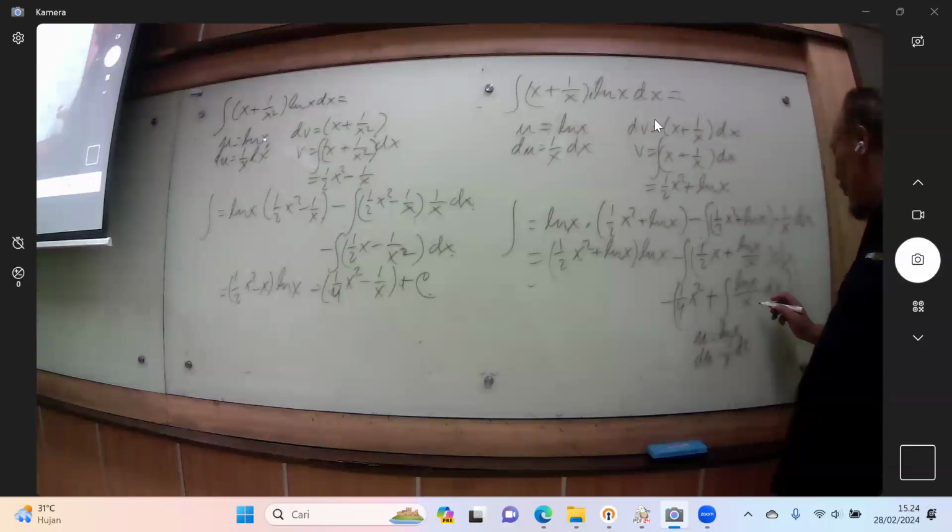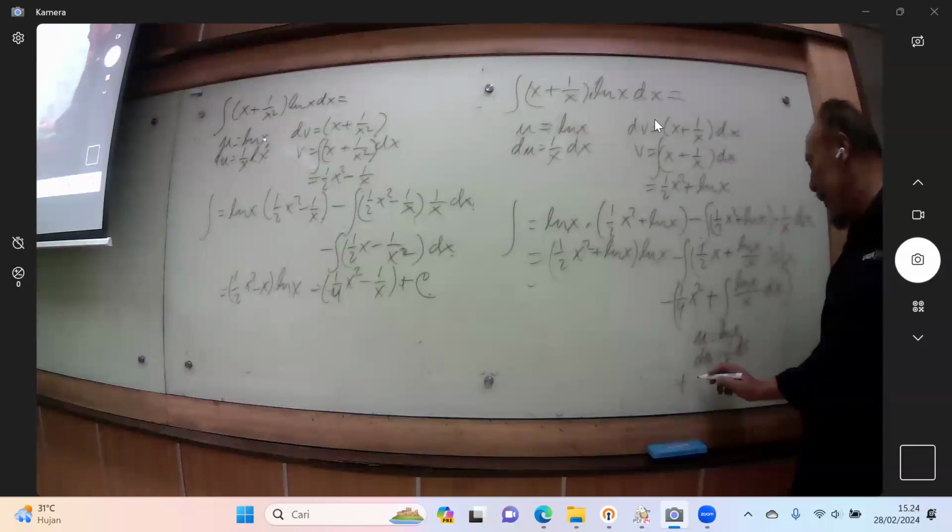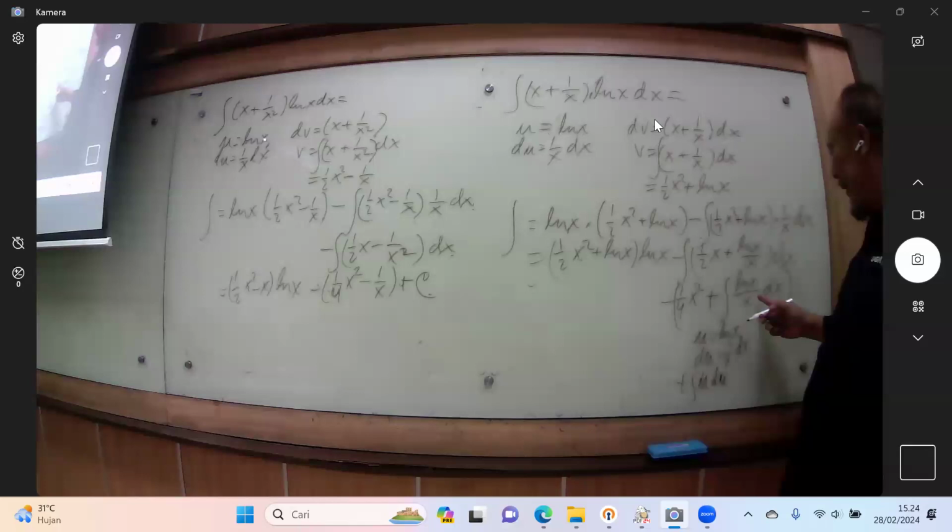So what we have here is plus the integral of u du, because ln x multiplied by 1 divided by x dx, and 1 divided by x dx is du. So that means this one equals the integral of half